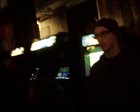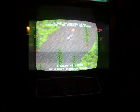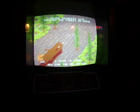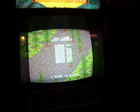And we have three Star Wars games in a row. The first one is the original Star Wars arcade game. And the second one is The Empire Strikes Back, both of which are basically vector graphics games. On this one, Return of the Jedi, this is clearly a different type of gaming environment. Looks like you fly around on those hovercraft things. I think that's pretty much what you do here. Anyways,